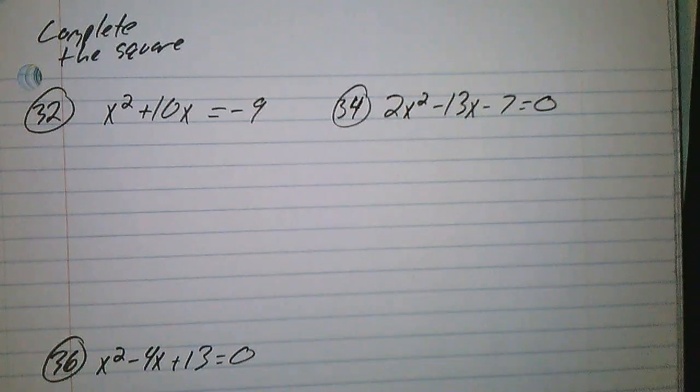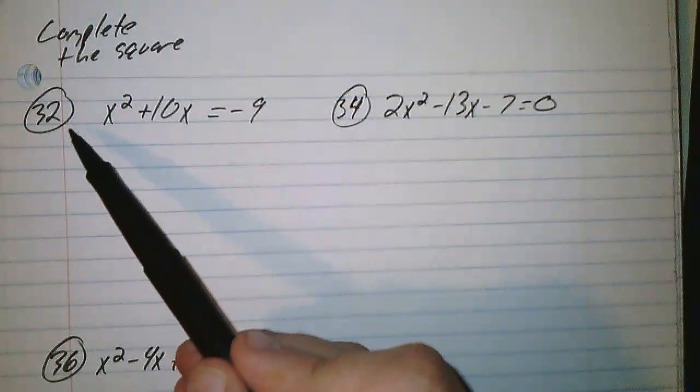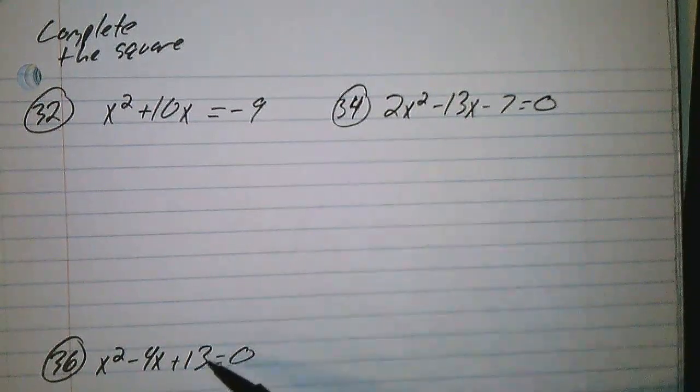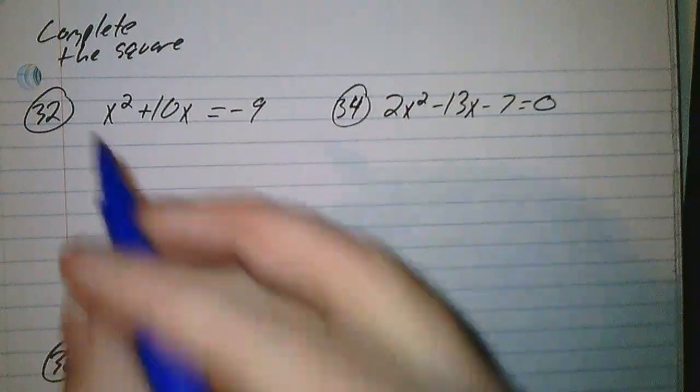All right, let's keep going through the review, solving quadratics. Number 32, we're going to complete the square. And then 34 and 36, we will use the quadratic formula. So, again, completing the square,